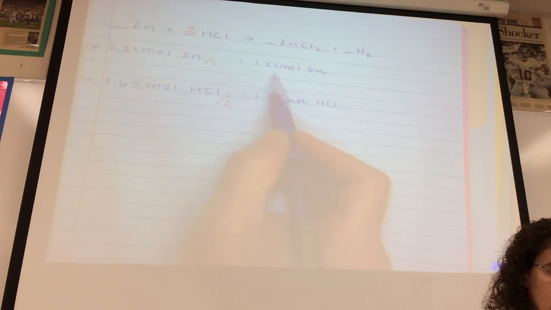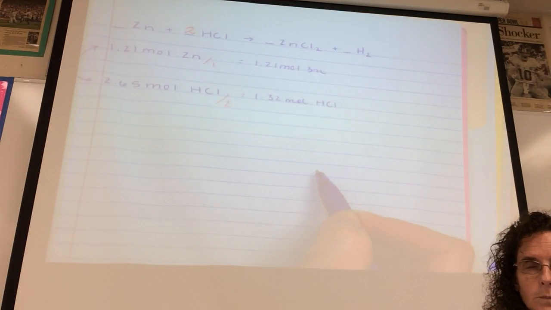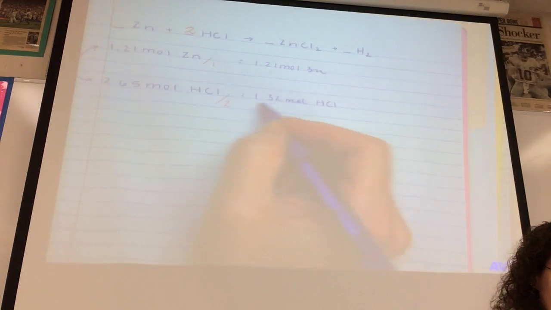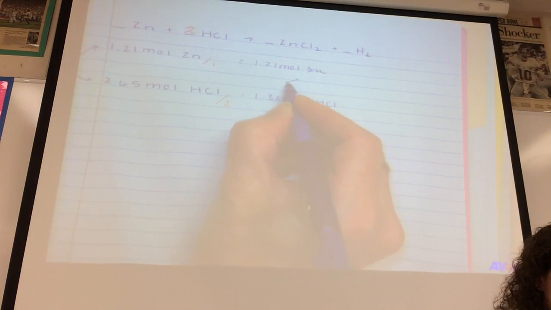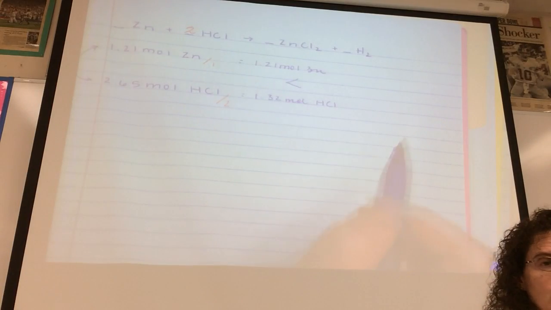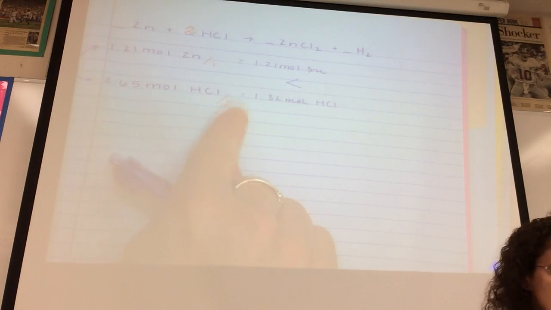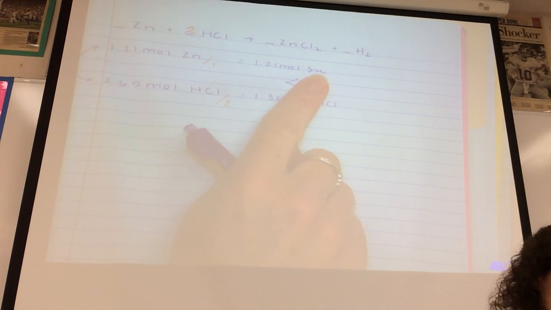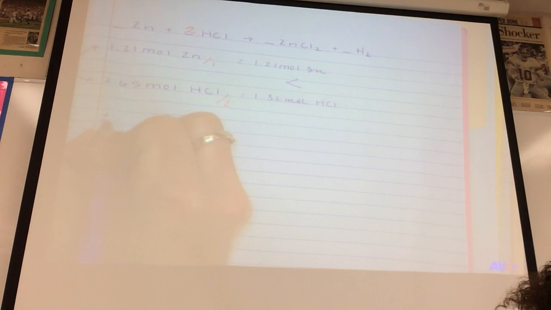Which number is bigger? The bottom one. So 1.21 is less than 1.32. Whatever you have less of after you've divided by the coefficients must be the limiting reagent. So zinc is the limiting reagent